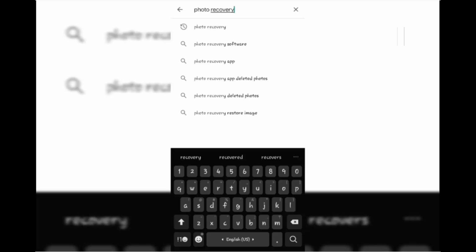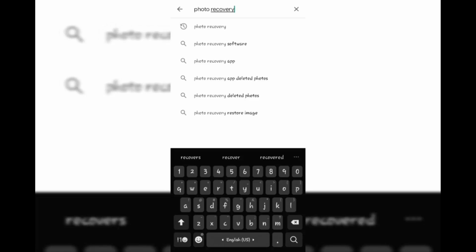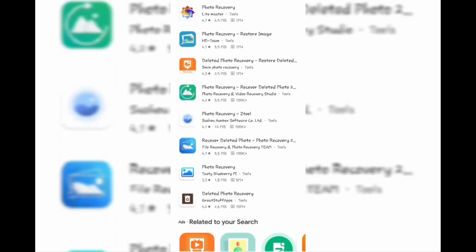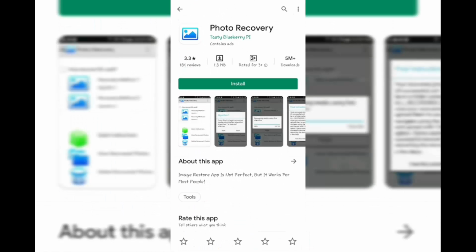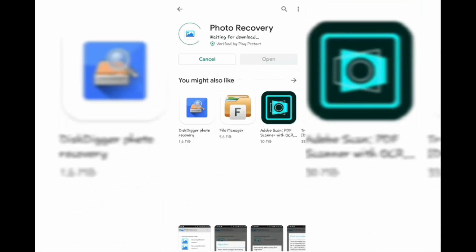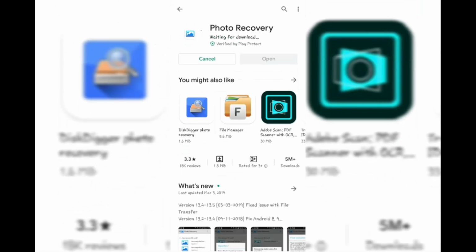First of all, you need to go to the Google Play Store to get the app which is named Photo Recovery, or you can get it from any other app. I also mentioned the link of this app in the description from where you can get it. Download it and wait for it to be installed. After the installation is completed,